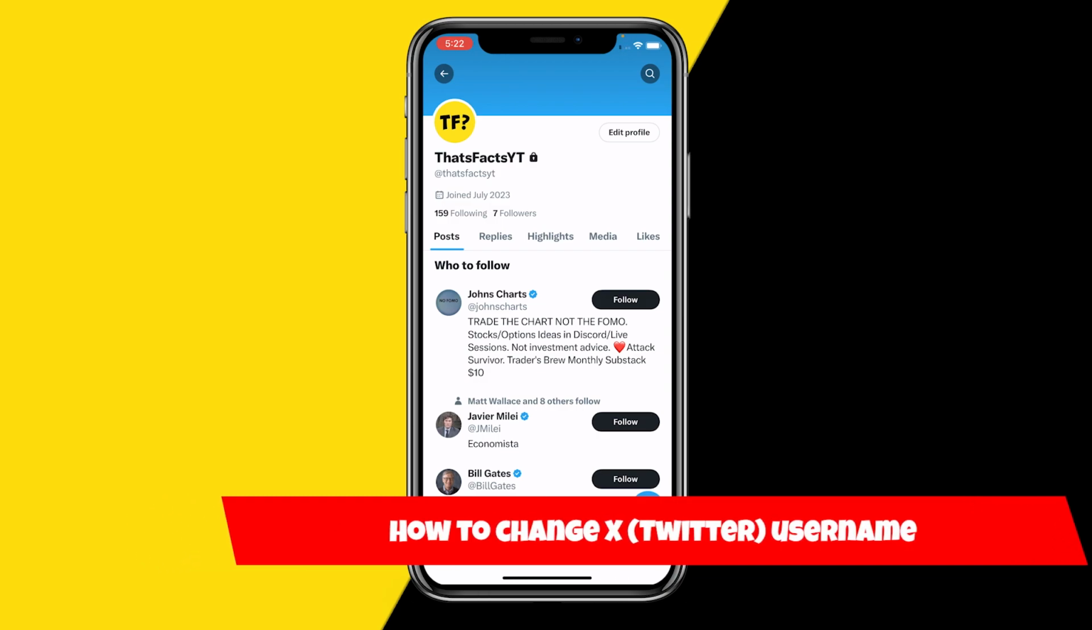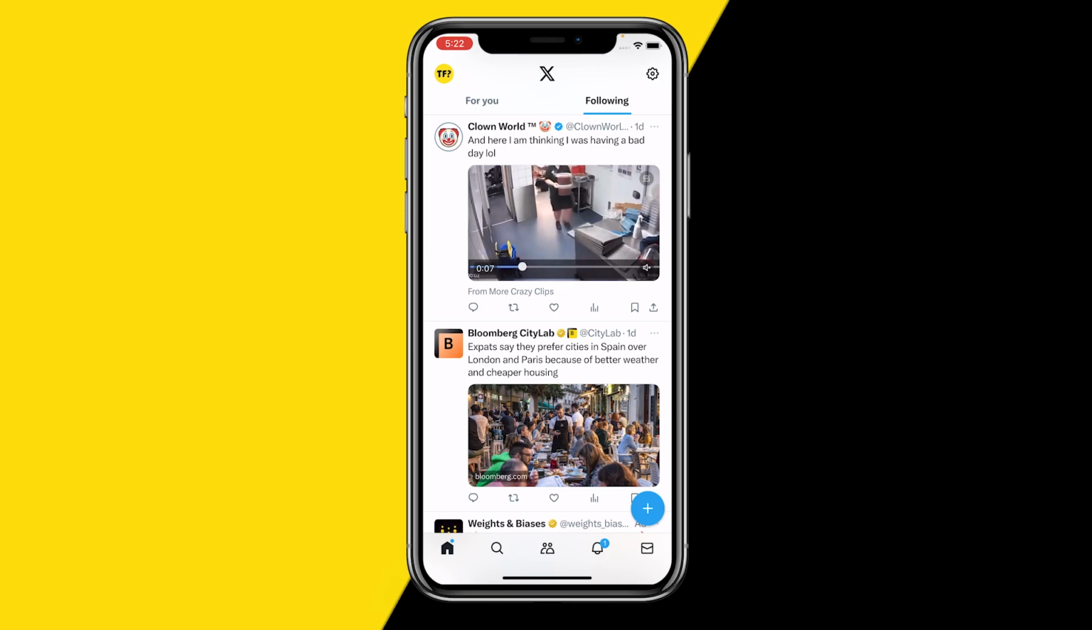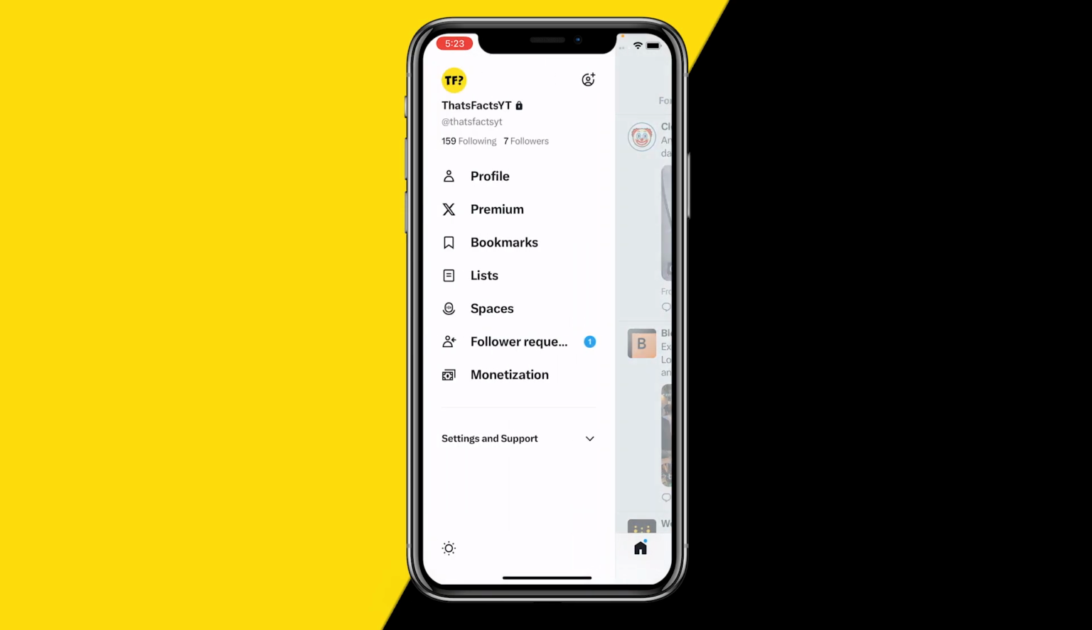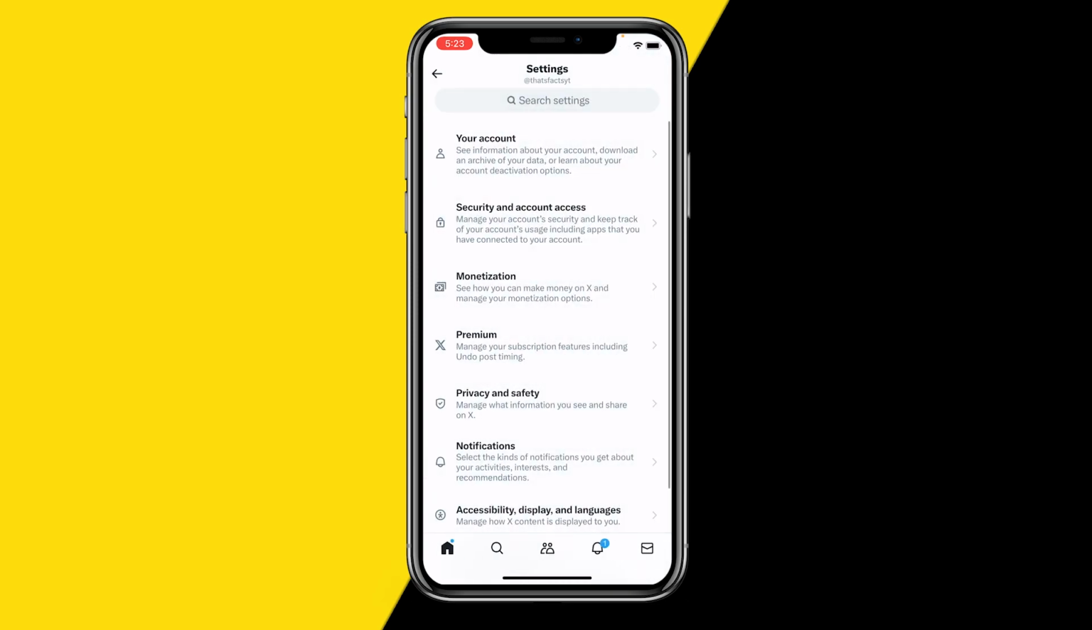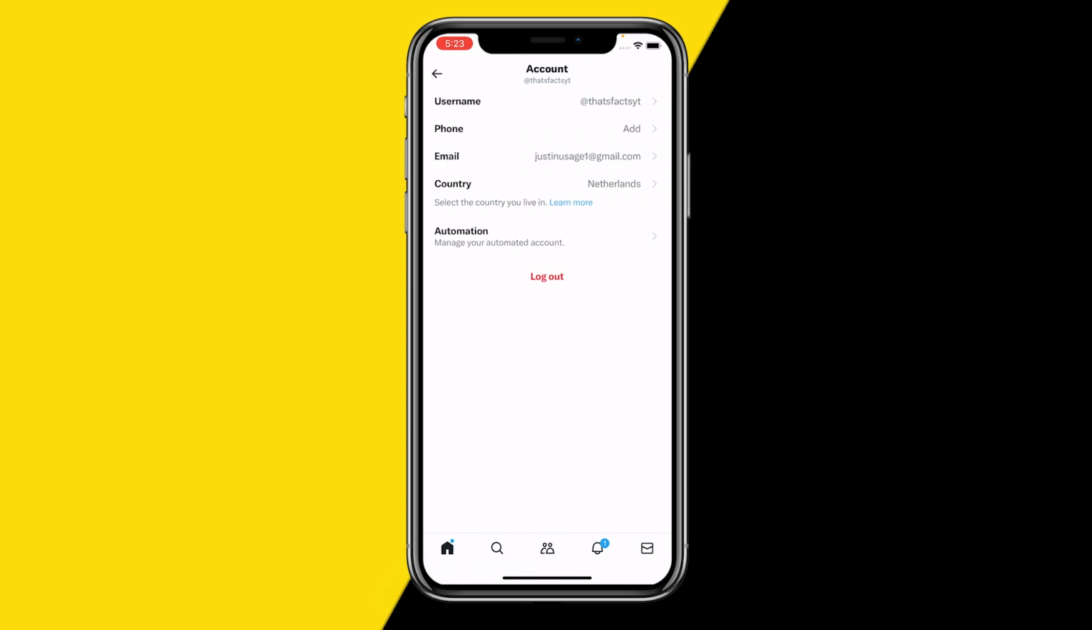So in order to change your Twitter or X username, all you need to do is go right here to your home page, just like this, and then you want to click on your profile picture. Now what you want to do is click on settings and support, and then click on settings and privacy. Now you want to simply click on your account information, and then you want to click